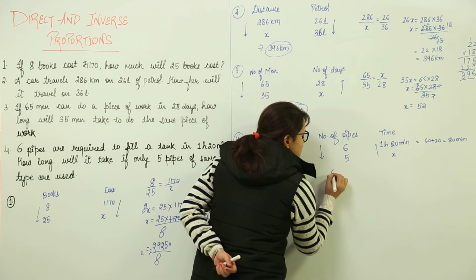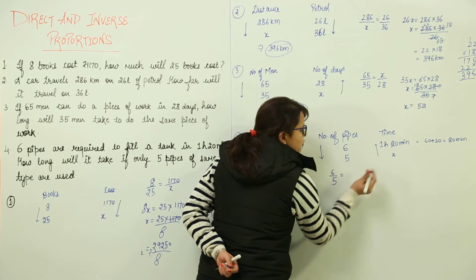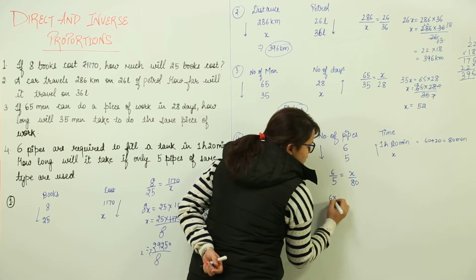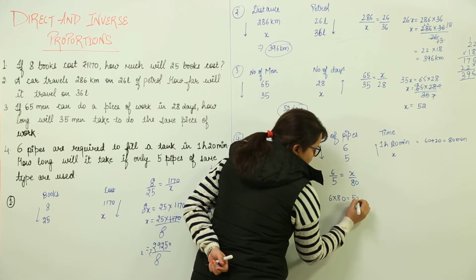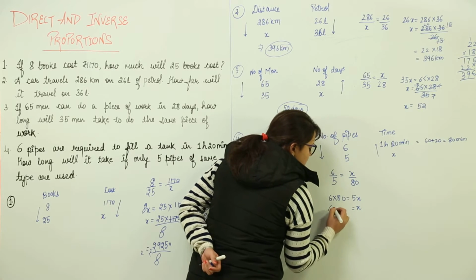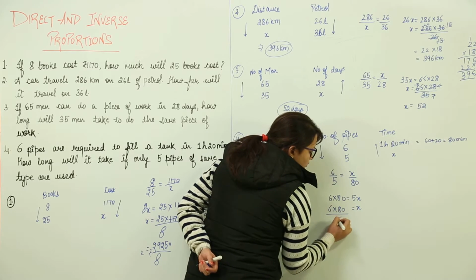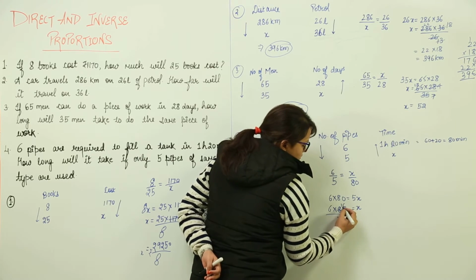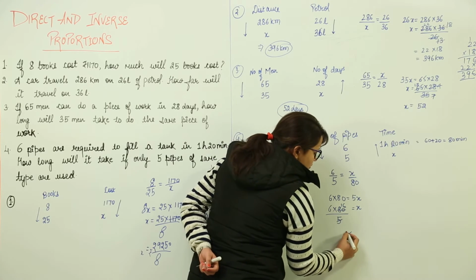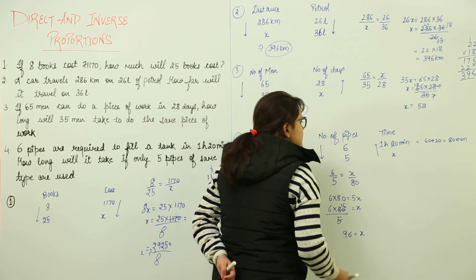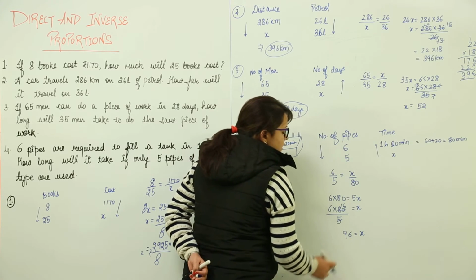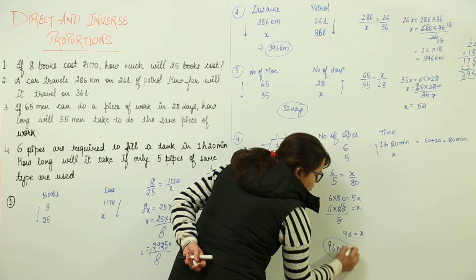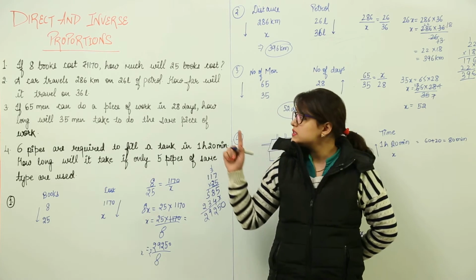So we will make the equation 6 over 5 equal to the reciprocal, that is x over 80. What do we get? 6 into 80 equals 5x. Now x is equal to 6 into 80 whole upon 5. Now you cut this: 5 ones are 5, 5 6s are 30. So you get 96. That means how much time is it going to take? 96 minutes.